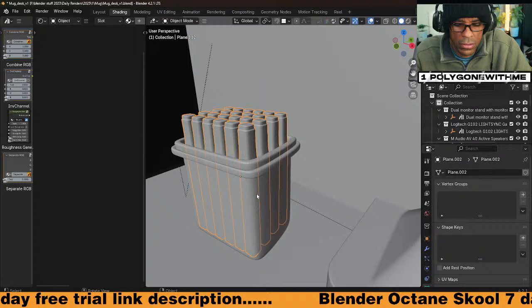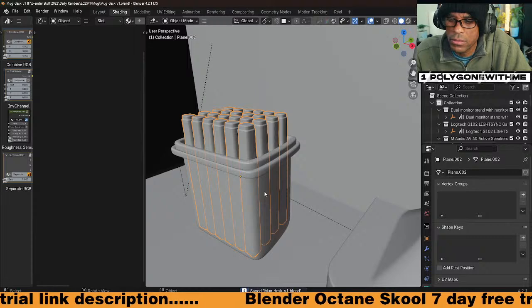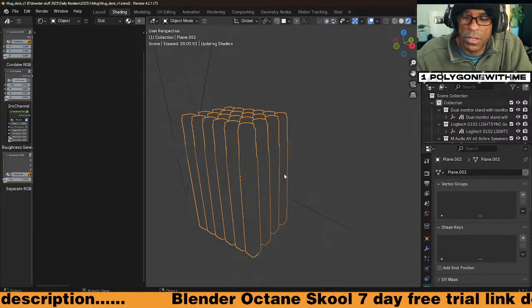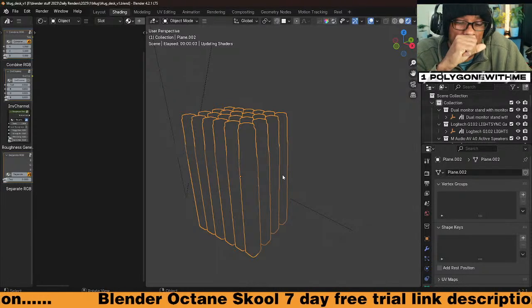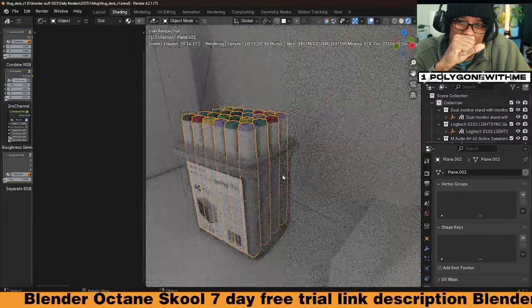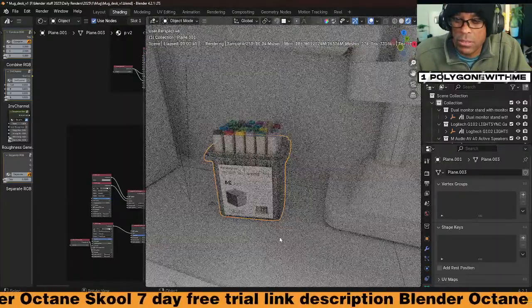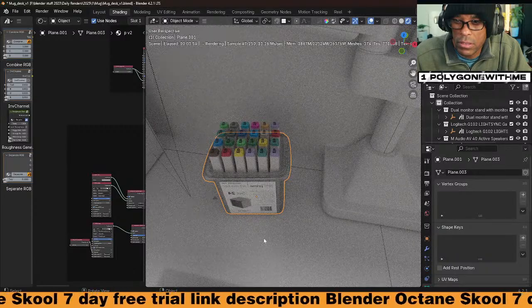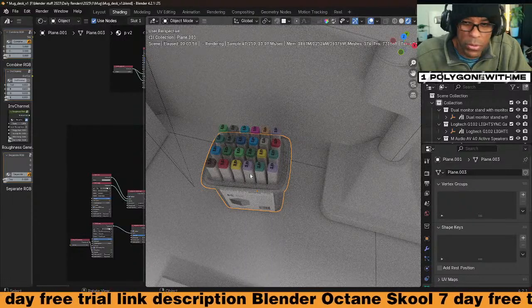And let me save again. Let's try again. Okay, boom. So it was the individual markers that was causing some issue. Yeah, it was the individual markers that was causing an issue. Okay. I don't like that. I wish it was more random on the top there, but I'm not going to get into that at the moment.